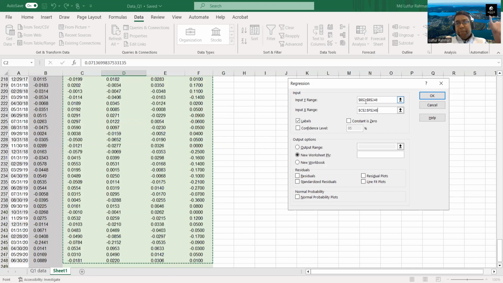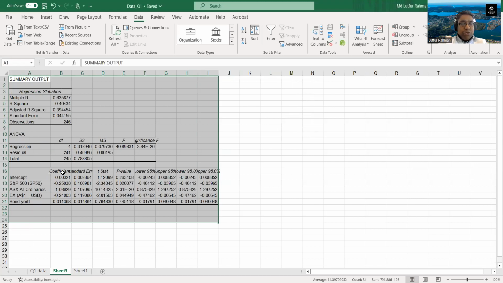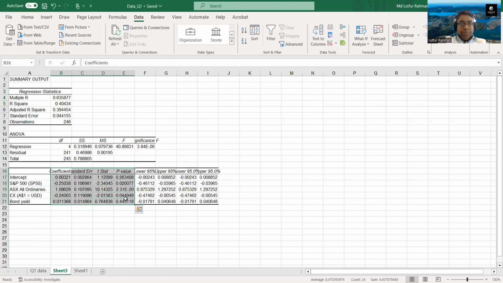So you have the Y variable, which is the left-hand side variable, and we have the X variable, which is the right-hand side variables, four variables. You select labels, which means that you have column titles, and you select OK. And we get this regression result. And you can see these regression results. What you need to look at is